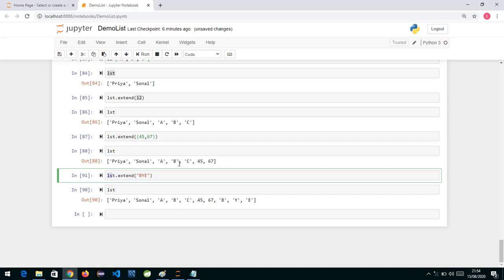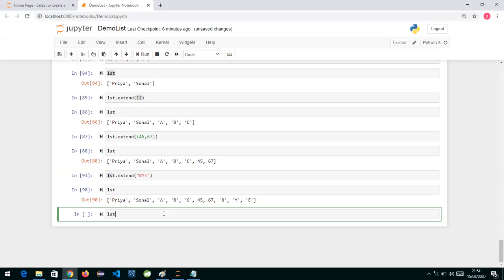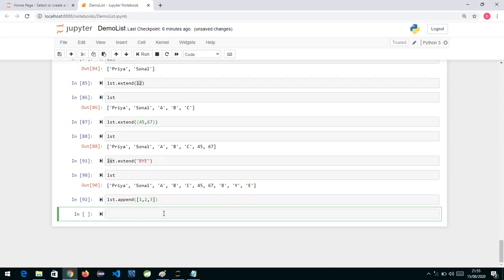So if you want to add any iterable object at the end of the list, we can use extend. The append method is used to append a single object. See the difference between append and extend: with lst dot append, I can append only a single object. If I pass 1, 2, 3, it will be appended as a single object.